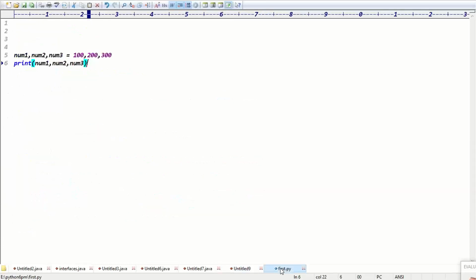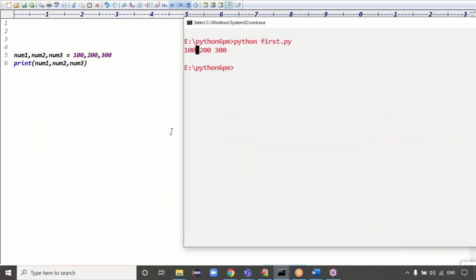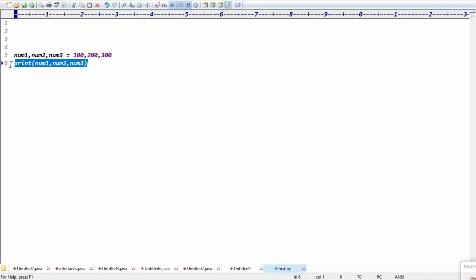As you said, the default separator is a space. But by default, how many spaces, one or multiple? One. But here I want hyphens between the variables. How can you give hyphens between the variables? Can I use the sep variable? By default, sep takes a space, right?